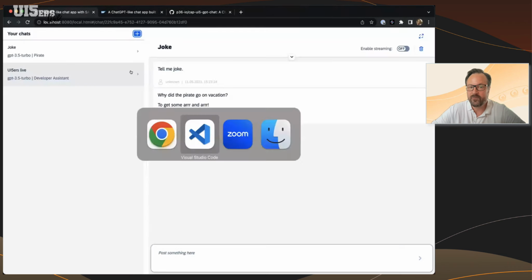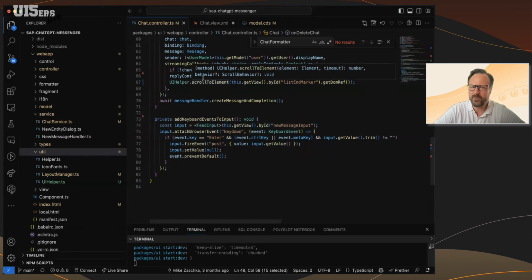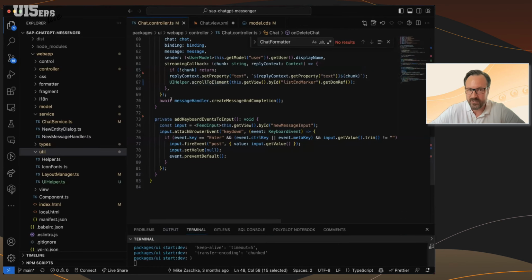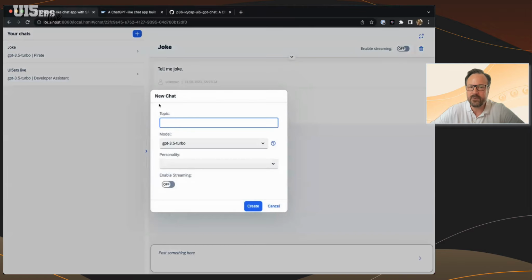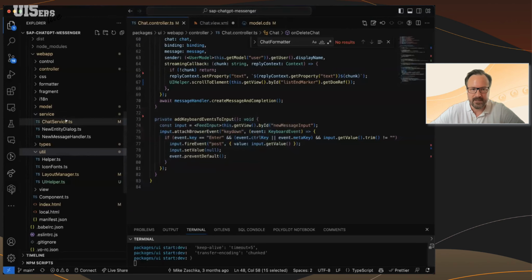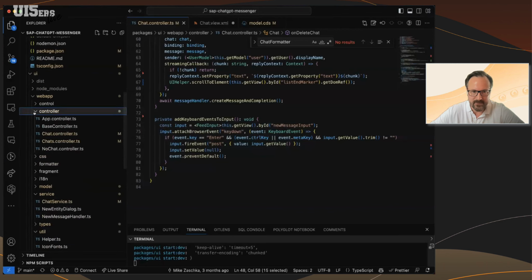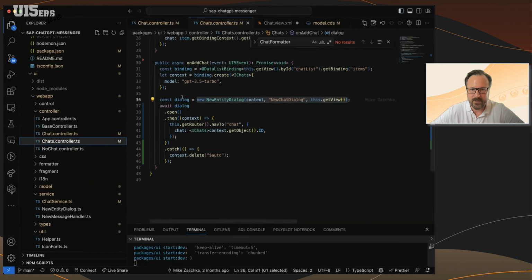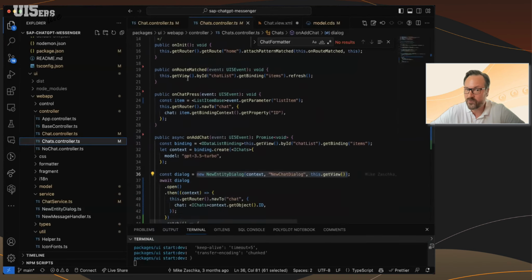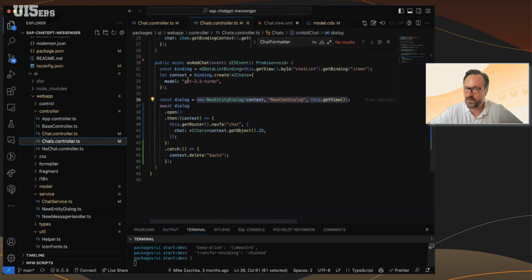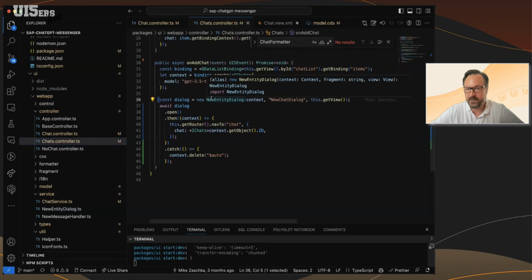So a pattern that I use, and I think Walter Lemaire talked about this last year, also in a more complex way, but to keep it simplified, I'm opening a dialog right here whenever I click on this, right? Let's look at the chats controller, how this looks. Okay, so that is the code that has been triggered. In that project, no controller has more than like 80 lines of code because all the other stuff is extracted. What I'm doing here is I have a class called new entity dialog, which is kind of generic. And I open this.